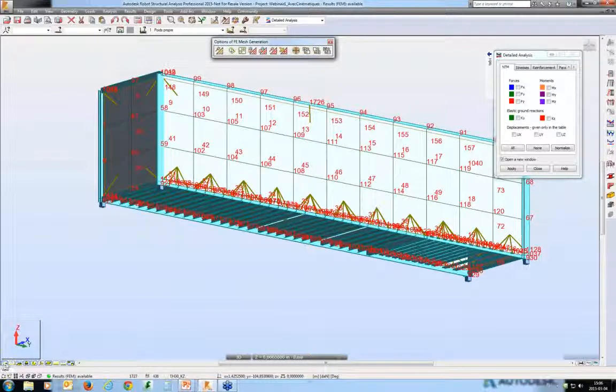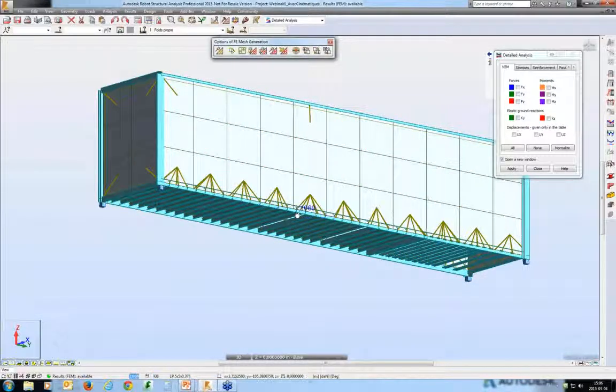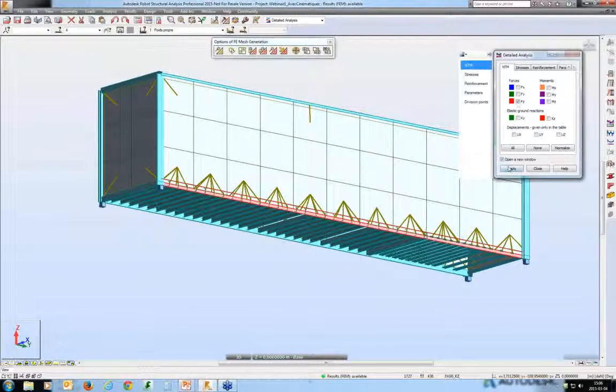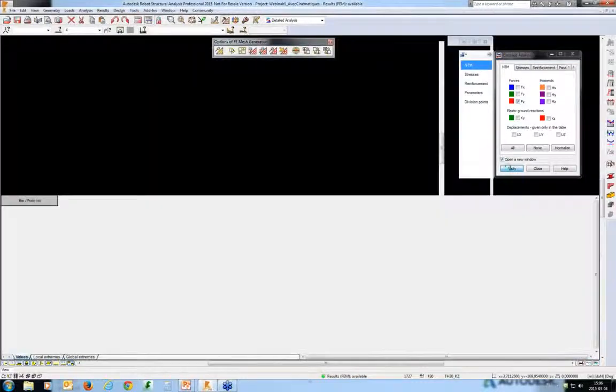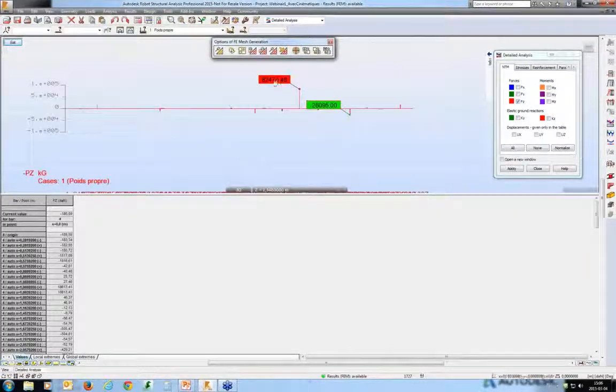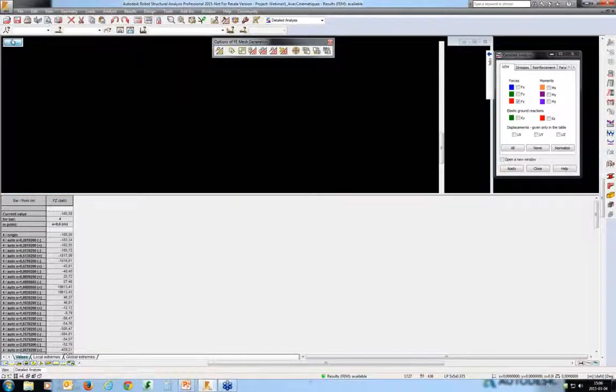And if you now select the beam and look at the results, for example shear force, you can see what may happen. There are huge values of shear force which do not exist in reality. So if we now go to the